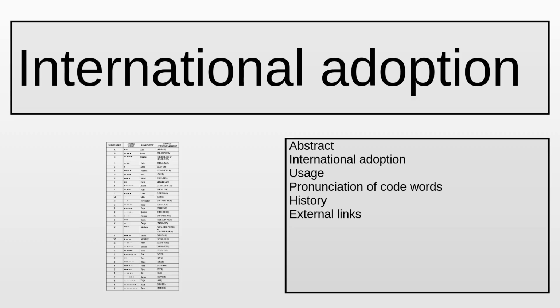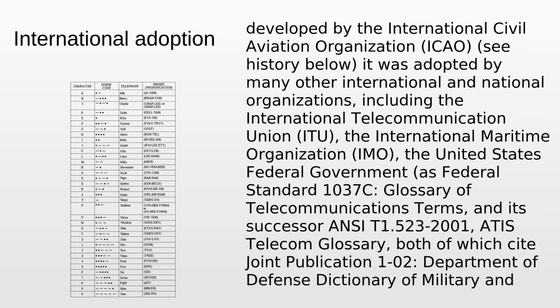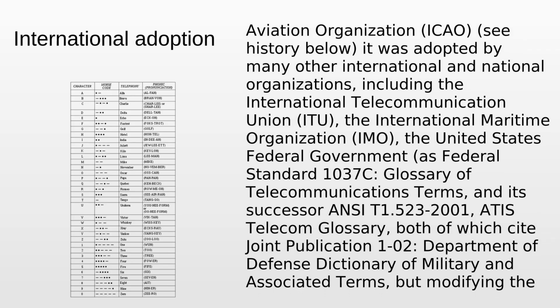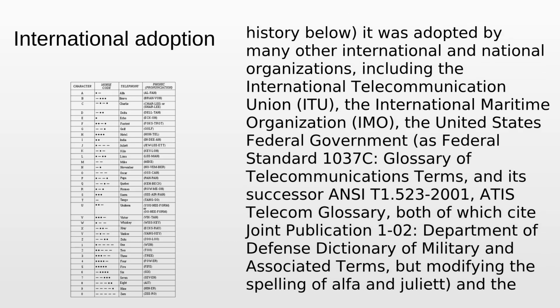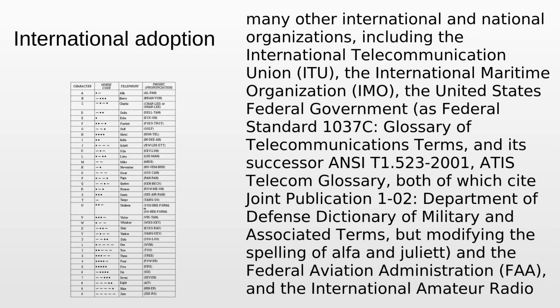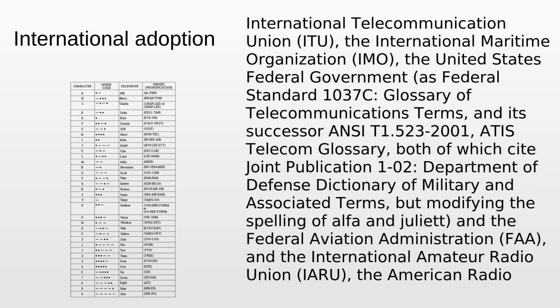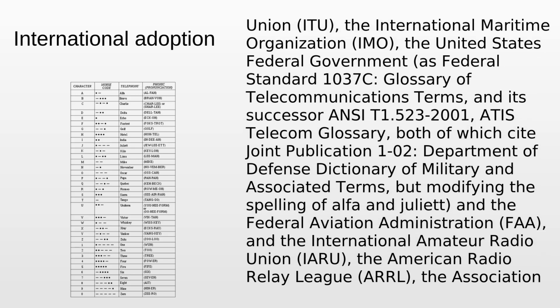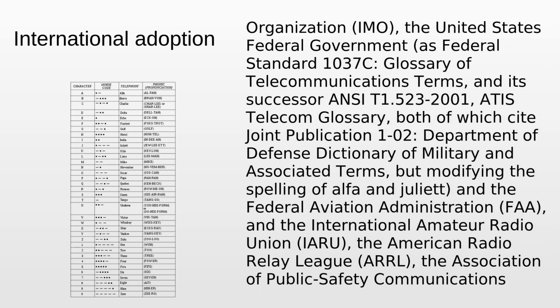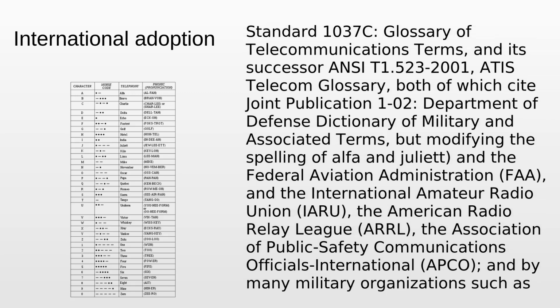International adoption. After the phonetic alphabet was developed by the International Civil Aviation Organization, ICAO, see history below, it was adopted by many other international and national organizations, including the International Telecommunication Union, ITU, the International Maritime Organization, IMO, the United States federal government, as Federal Standard 1037C, Glossary of Telecommunications Terms, and its successor ANSI T